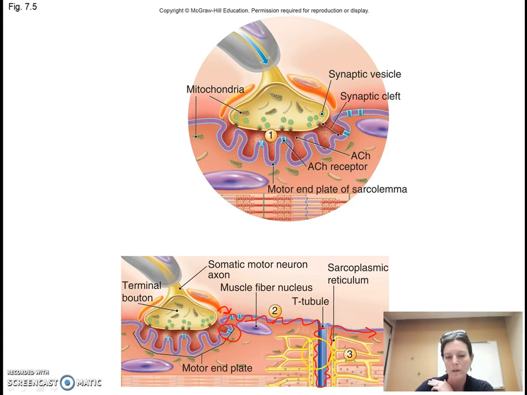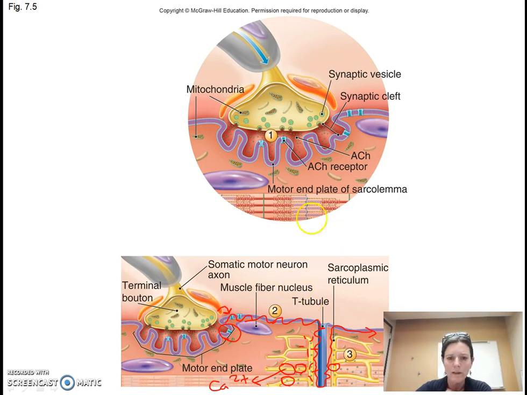So when this action potential travels down the T-tubule, it's going to send a message to this sarcoplasmic reticulum, this yellow organelle here, which is a modification of an organelle we have in all of the rest of our cells called the endoplasmic reticulum. And here in the muscle cells, its job is to store calcium. They're in green here in this figure. So when the action potential travels down the T-tubule, it triggers the release of calcium into the middle of the